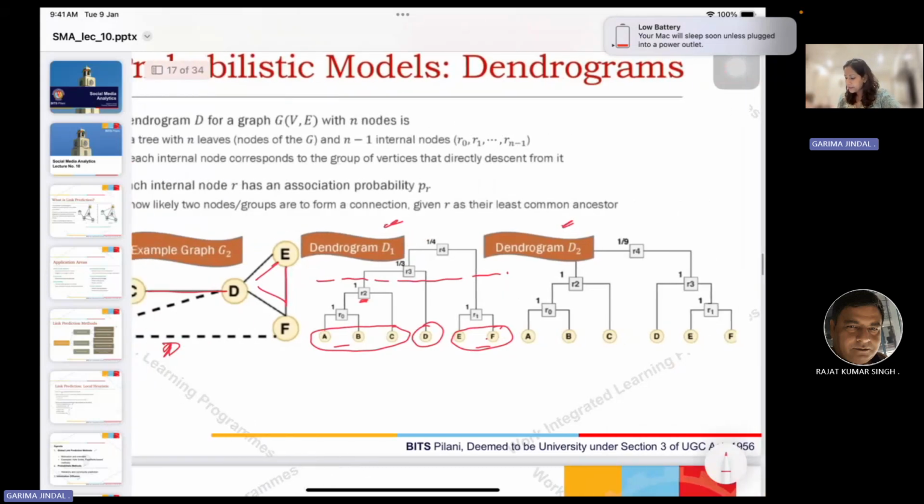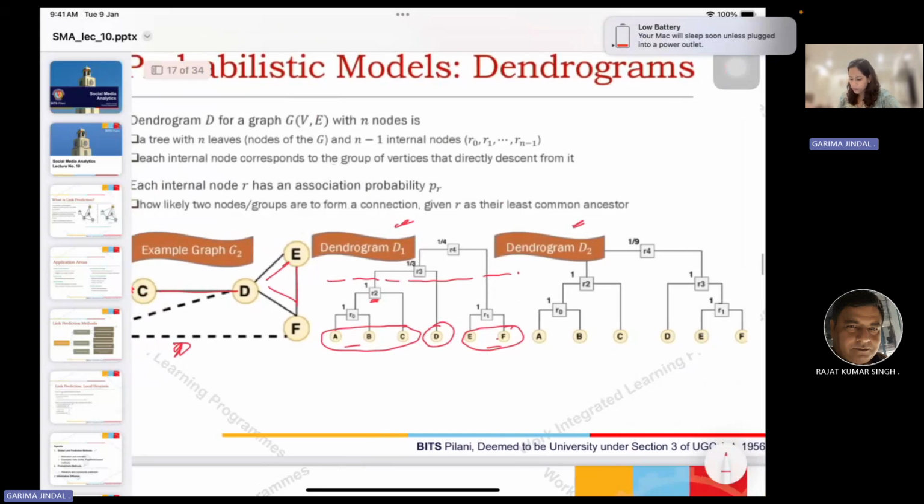Similarly, you can see that there is another dendrogram in which we assume that,